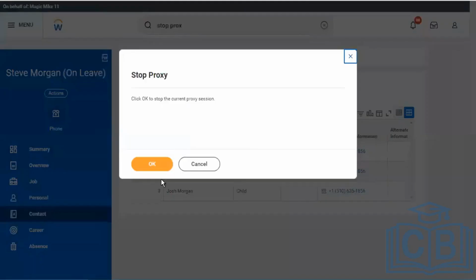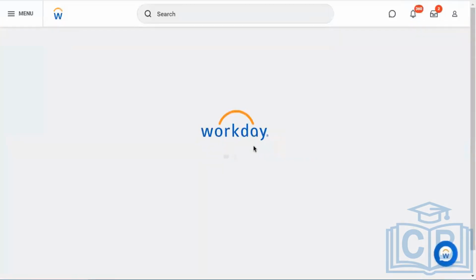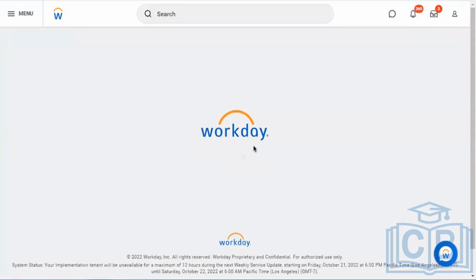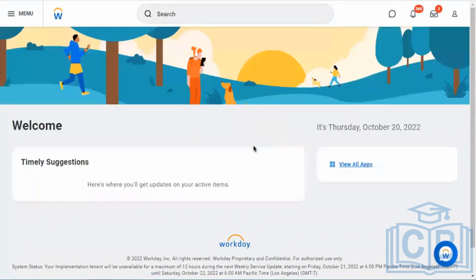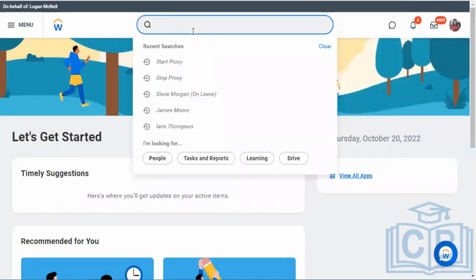Before I move to the role-based, any questions? Yes, Matthew. Rohan, still we are in tenant. I would like help from your side. Could you please click the inbox? I mean the pending actions from Logan McNeil. You have to proxy in. I was filling in my supervisory organization with some roles.